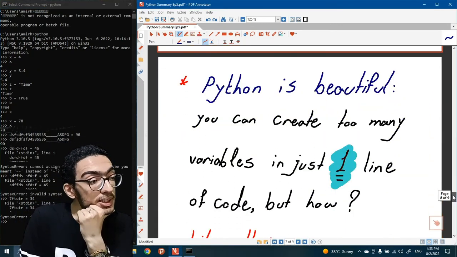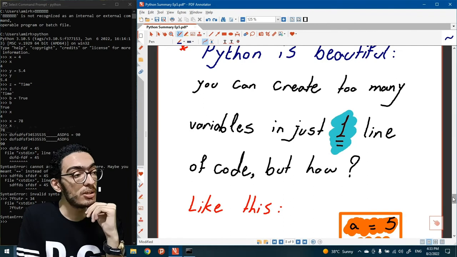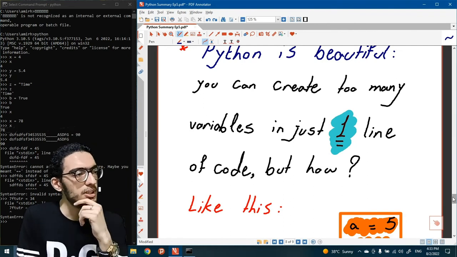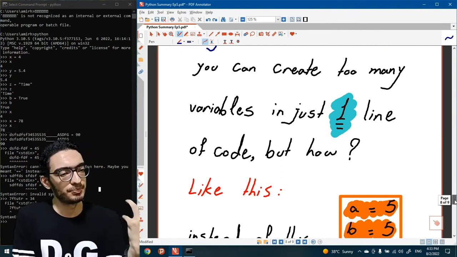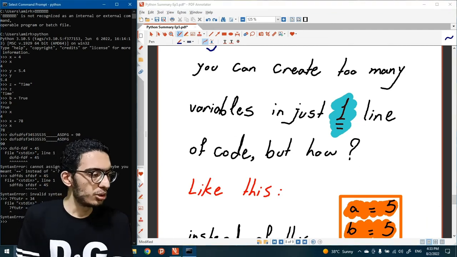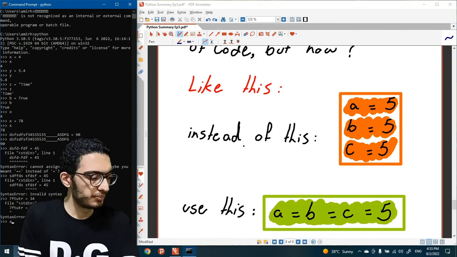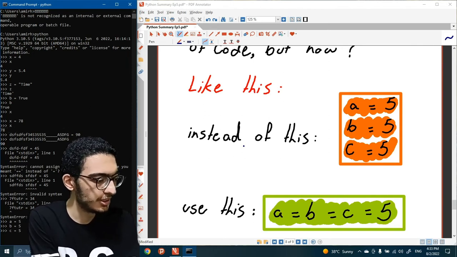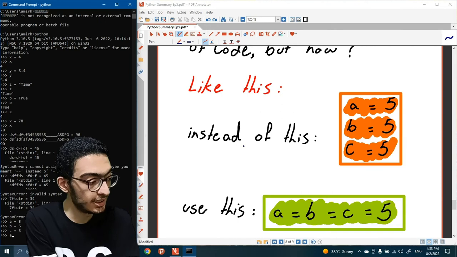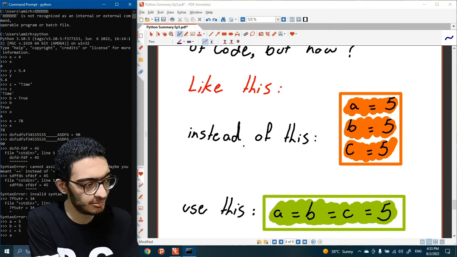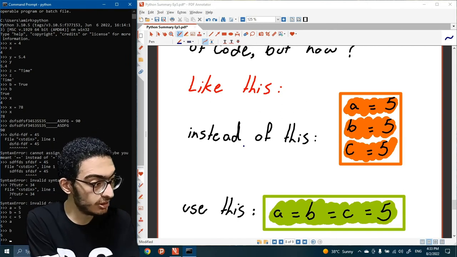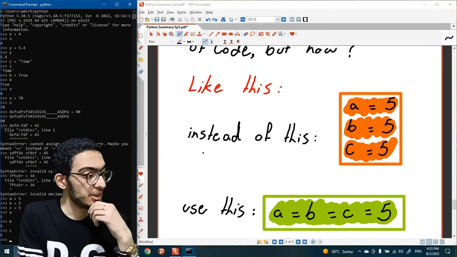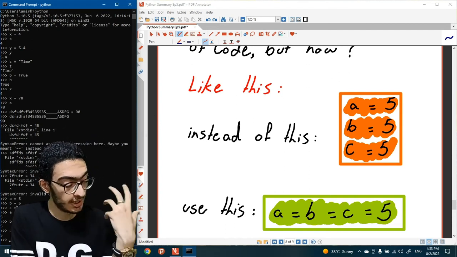And this last part, which is Python is beautiful, and let's try that in code. A is equal to 5, B is equal to 5, and C is equal to 5. And if you type A and press enter, or B or C, you're gonna get 5 anyway. And you can